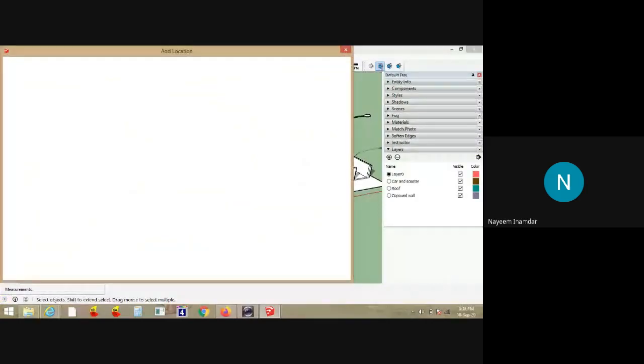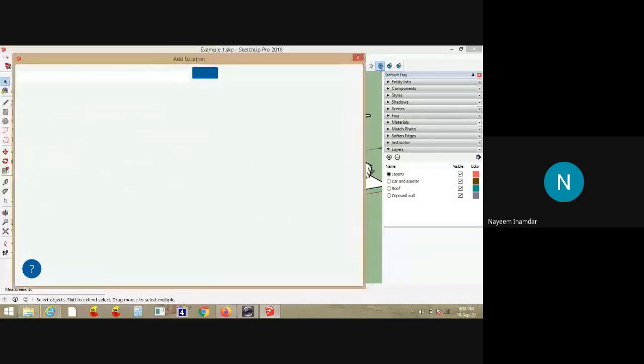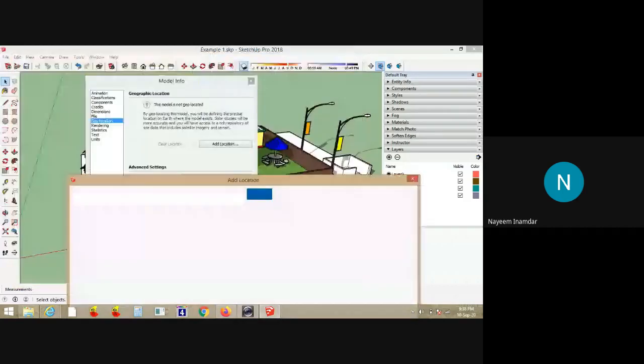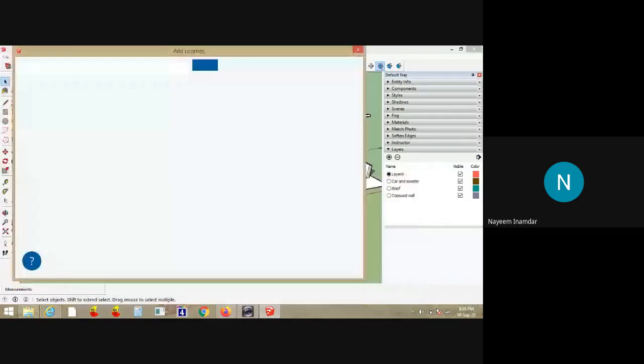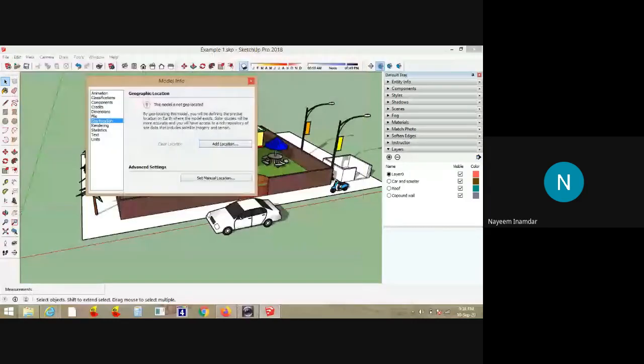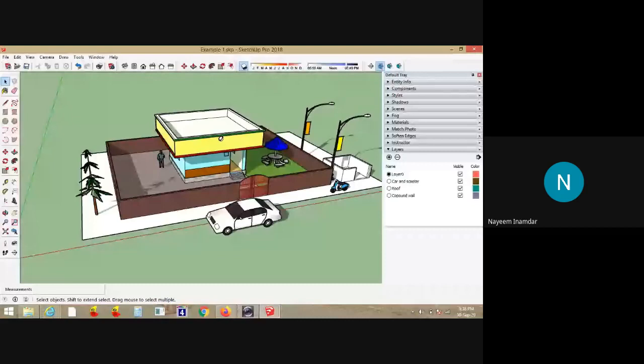If you add geolocation, you have to sign into Trimble with your email account. There you can add the location. Once you add the location for a particular model, according to the meteorological observations, it will take the energy flow, either the wind or the ultraviolet rays falling on that particular site.